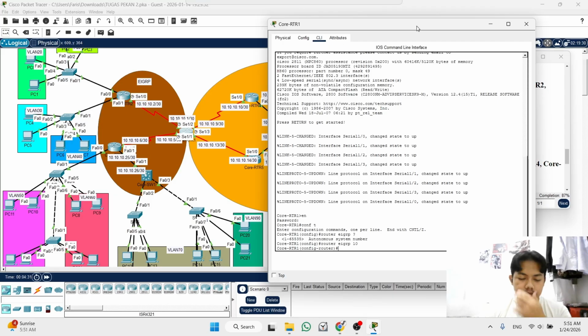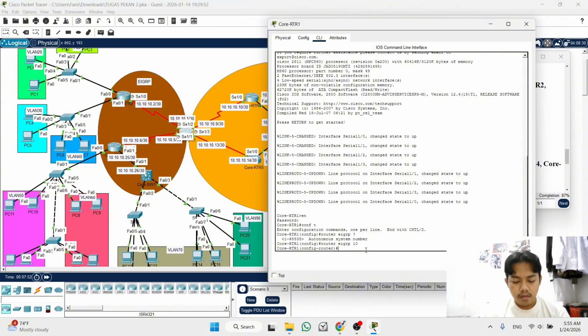Okay, we start. So in EIGRP, and in this case it also works in OSPF, we configure the IP network of the router neighbor. I will start configuring EIGRP.